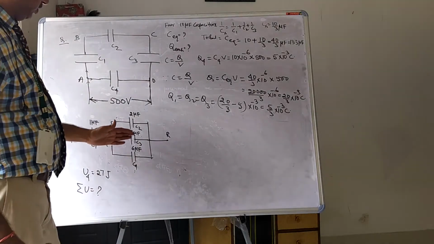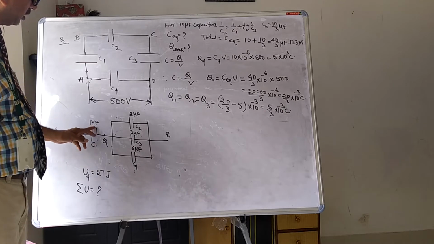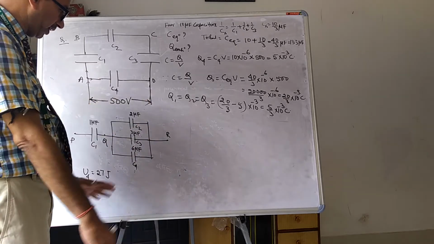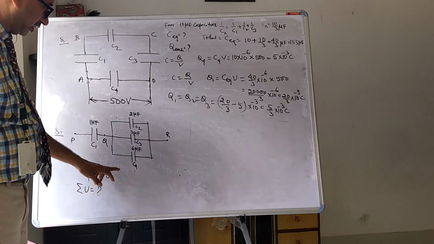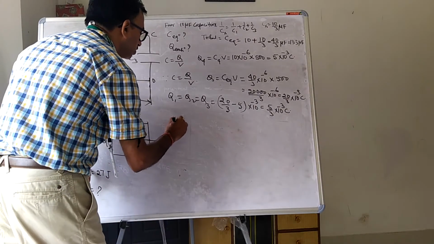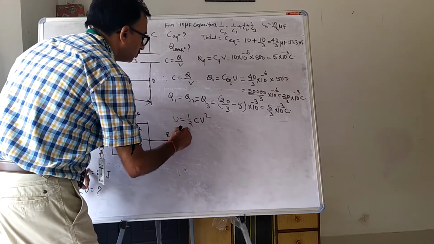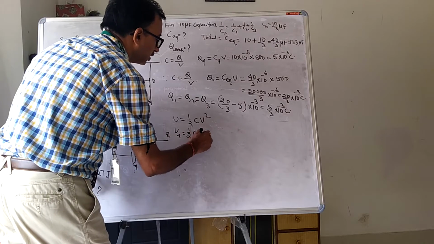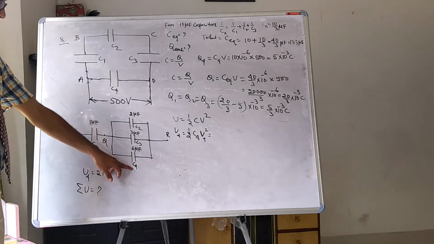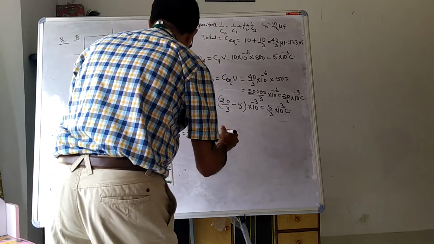In the second question, we have this combination given where C1 is 1 microfarad, C2 is 2 microfarad, and this is 3, and they have been connected in this way. The question says that the energy stored in C4 is 27 joule. The formula for energy U is half CV square. So what will be the U4? U4 will be half C4 V4 whole square. Now U4 is 27, C4 is 6 microfarad. So what is the value of V4? We can get the answer from here.